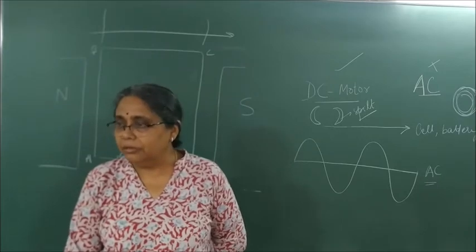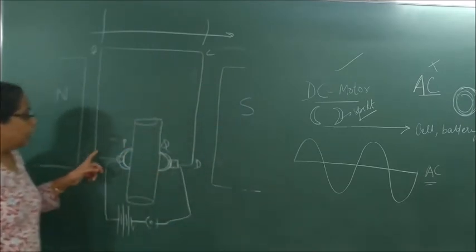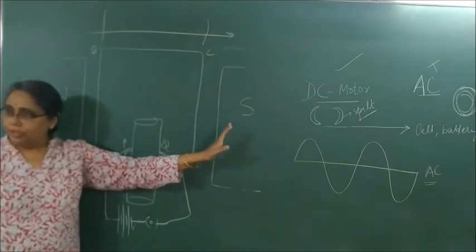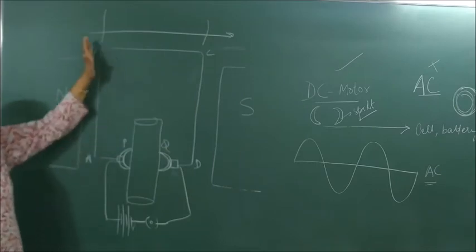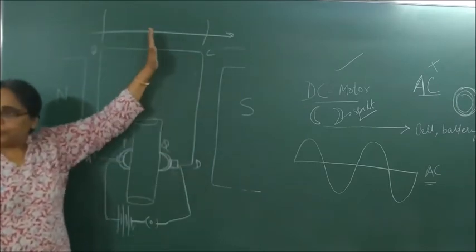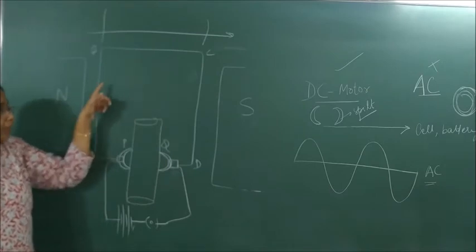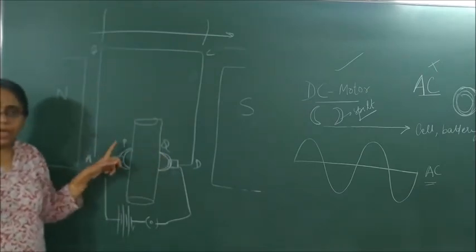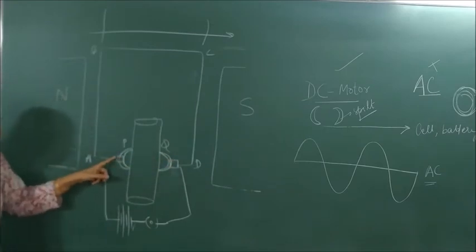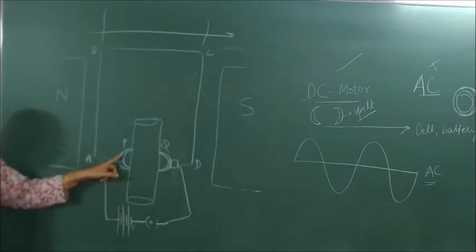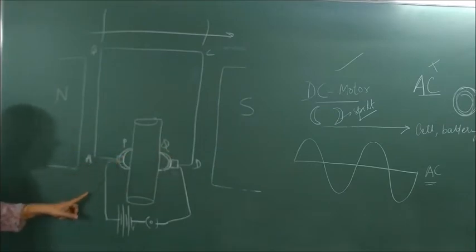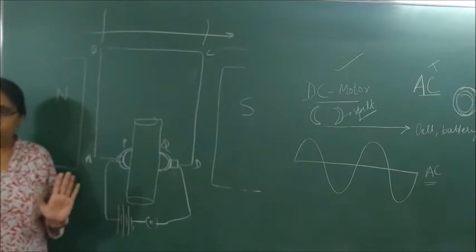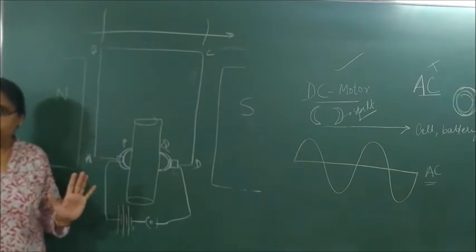Is it clear? Again I am telling. It consists of an armature coil ABCD. It is placed between the two opposite ends of the magnet such that arm AB and arm CD are perpendicular to the magnetic field. The two ends of the coil are connected to two halves of a split ring, P and Q. These are then connected to two carbon brushes X and Y, which in turn are connected to a battery using a plug key. No rocket science here. Simple. Understood? Okay.